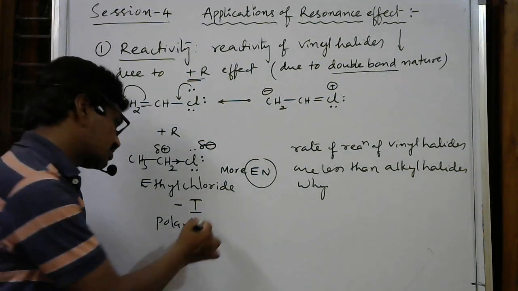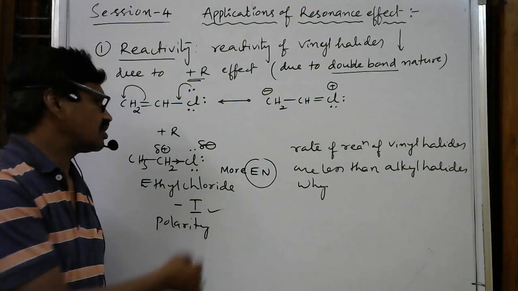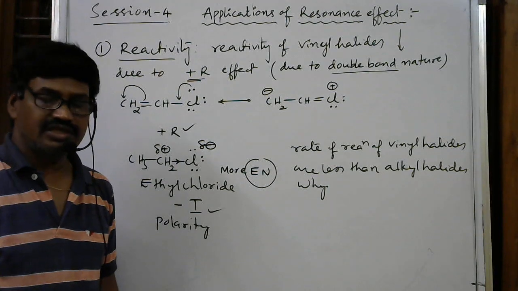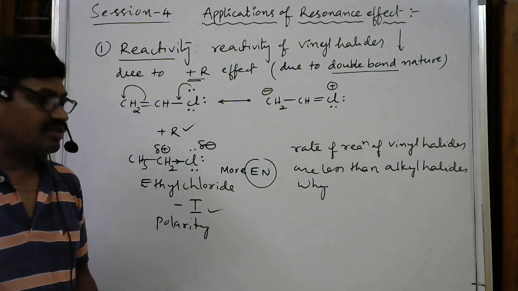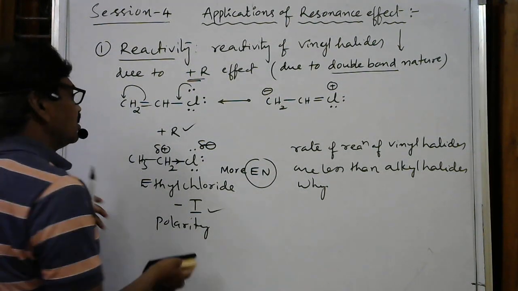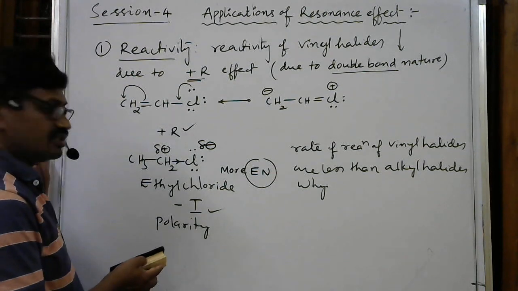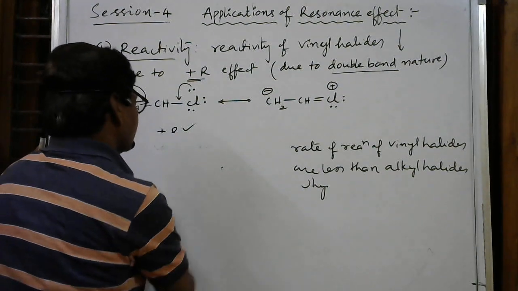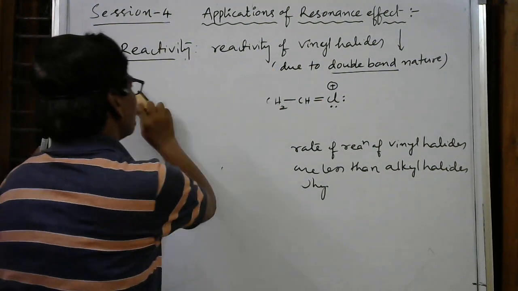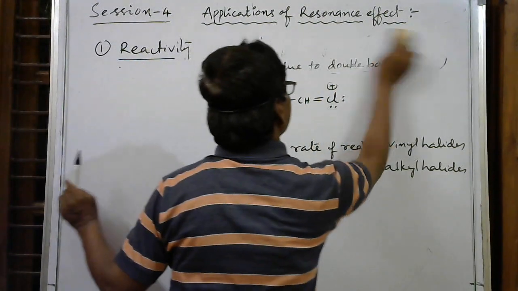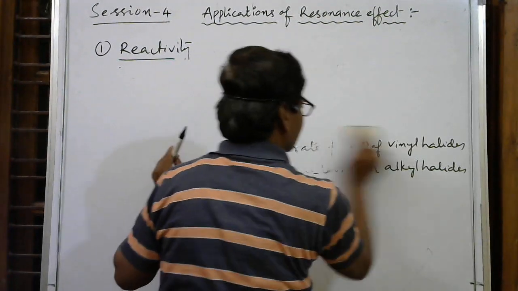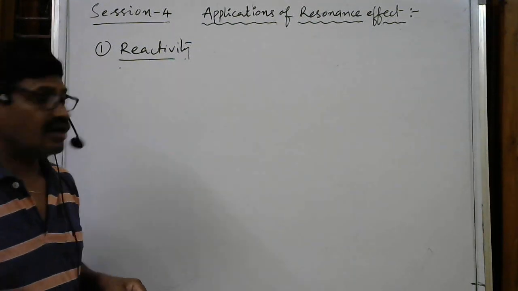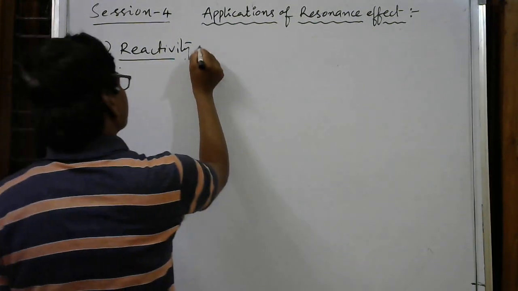Sometimes options may be with respect to ethyl chloride. Sometimes options may be with respect to vinyl halide. So this is about reactivity. Similarly, many times I observed one more question with respect to halobenzene. See, here I am taking chlorobenzene. Chlorobenzene reactivity also is towards nucleophilic substitution reactions, like chlorobenzene, otherwise bromobenzene or iodobenzene, any halobenzene.